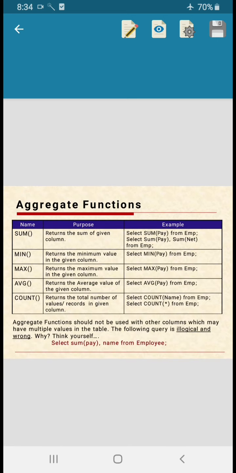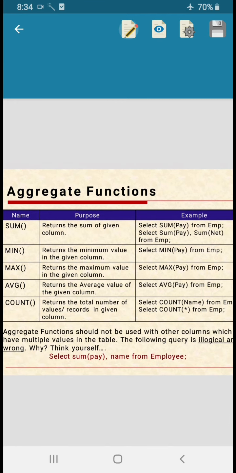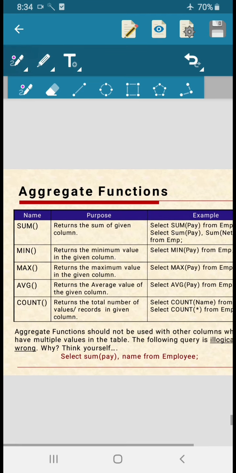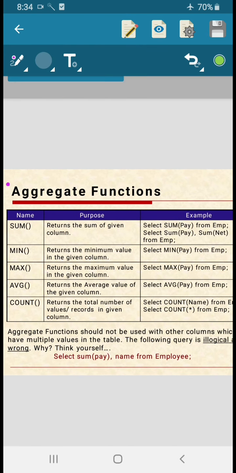And next one, a very, very important topic I want to discuss: aggregate functions. Today I want to discuss the aggregate functions, and tomorrow's work is aggregate functions with group by. Tomorrow's class is very, very important because it is the 12th syllabus. Whatever I discussed previously was all 11th revision. Now this aggregate function is 12th syllabus, students. Very, very important. You'll get questions from these aggregate functions.